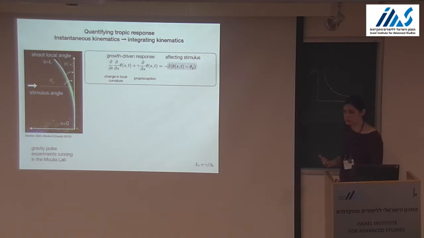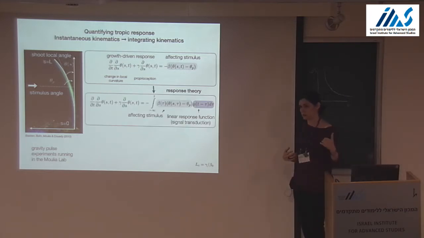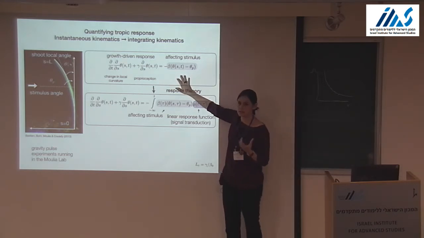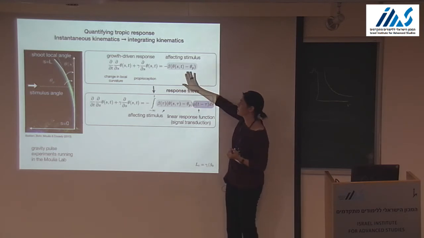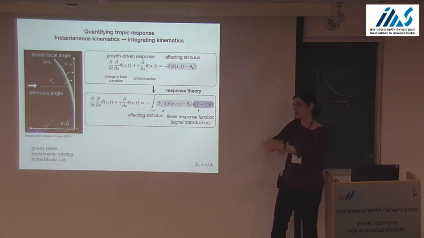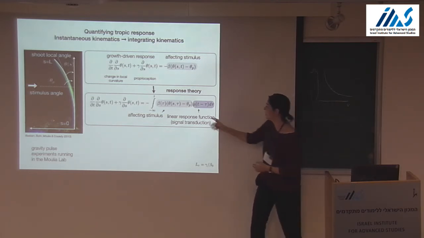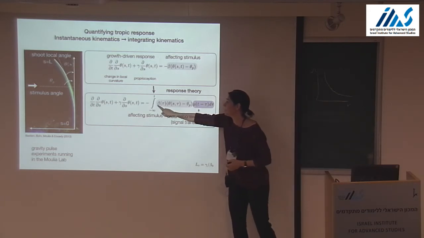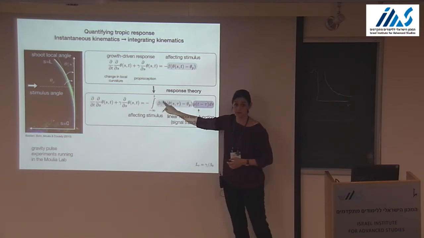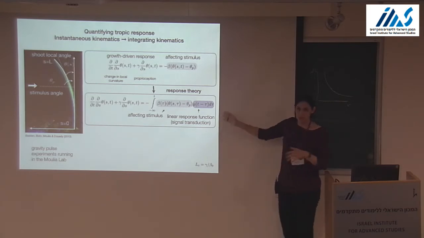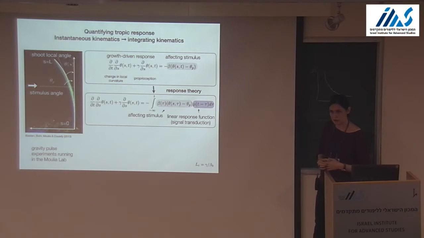But what we do now is something similar in spirit to what I showed with the chemotaxis. The point is that what's missing here is a signal transduction, right? You have the stimulus and you have the end result, but you don't have the black box in between. You don't have the redistribution of auxin, for example. So we encapsulate it in this response function, and we now allow also beta, our stimulus, to be a function of time, not just a constant as was done until now. And again, numerical simulations managed to reproduce the experiments that I showed in summation and reciprocity.